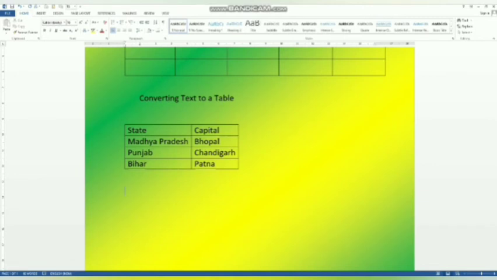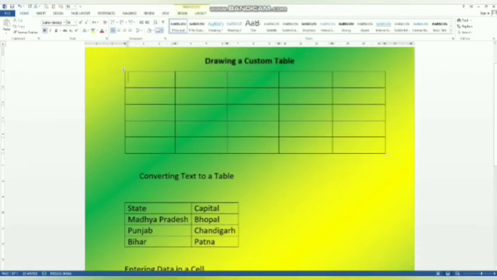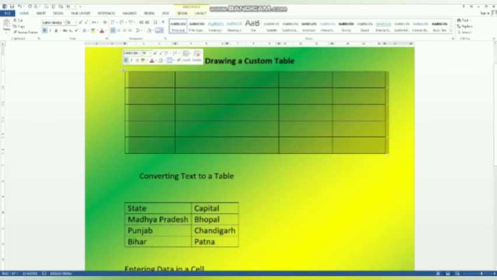Then our next topic is entering data in a cell. It is a simple topic. You all already know how to enter the data in the cell. To enter the data in the cell, click the cell and simply type the text like this.